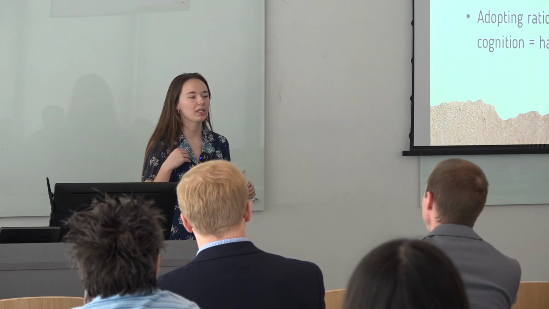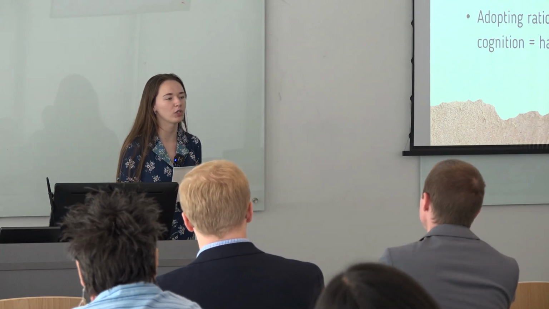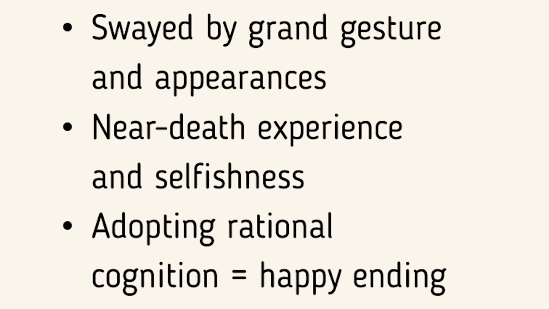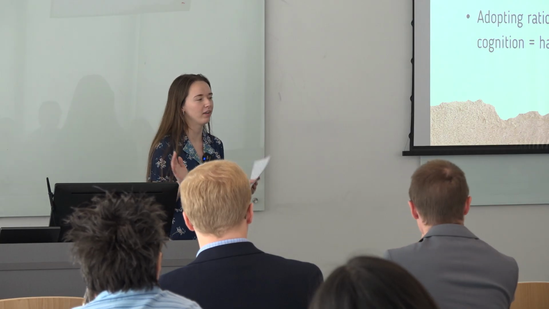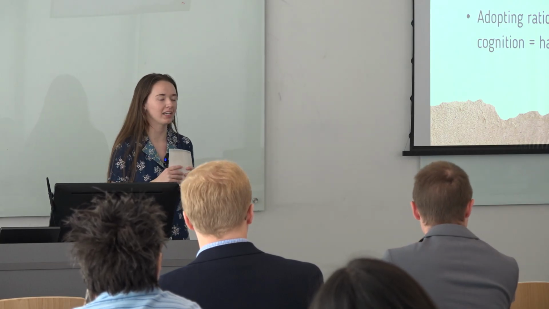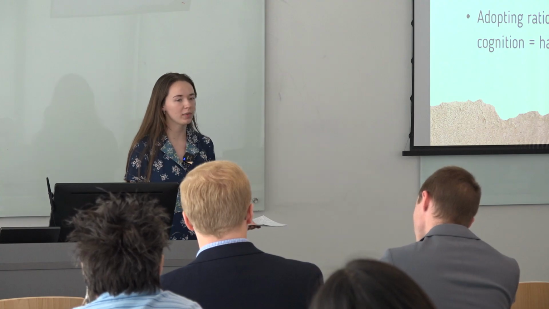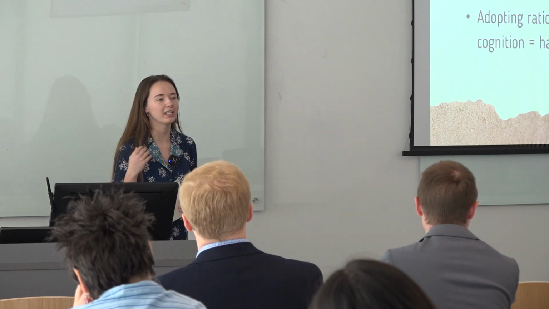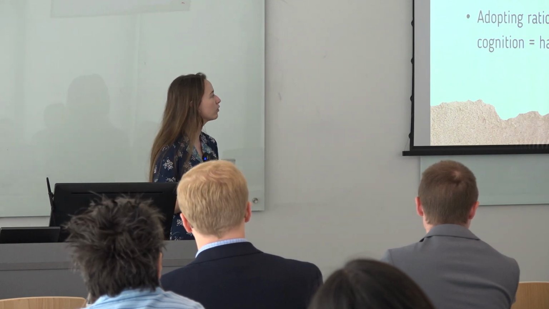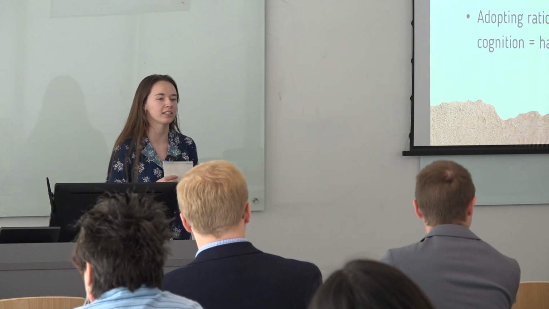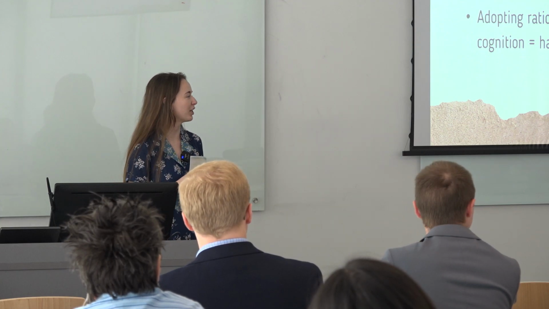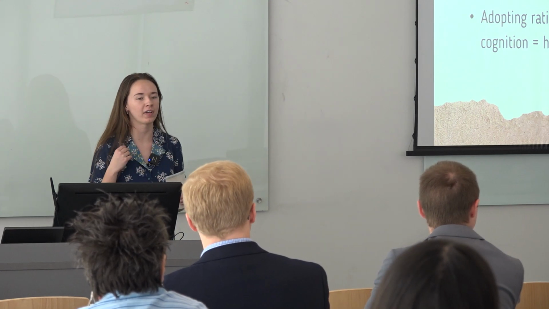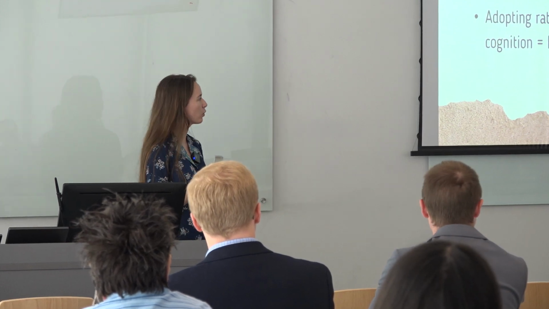But it is through this power that she gives to her emotions that she has her near-death experience and experiences selfishness, because whenever Mr. John Willoughby leaves her for a richer woman, unfortunately, she goes into a depression where she decides not to eat or take care of herself. And later on, whenever she looks back, she realizes that she let her emotions take control, and that she didn't consider how that would have affected her family, her mother and her sisters as well.